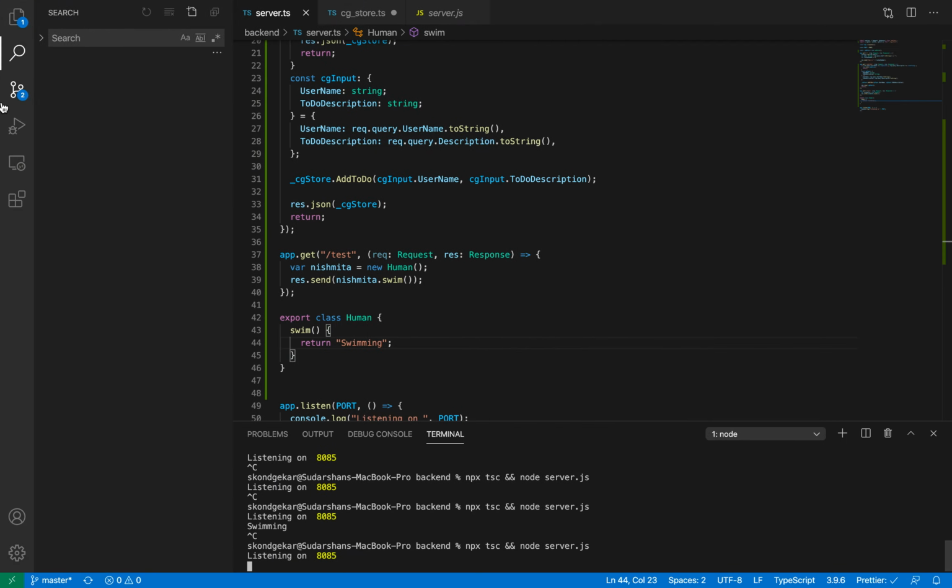And why? Because I've created the instance. I am calling the function inside that object. When a class instance is created, when I put new in front of a class, it is actually creating a copy of this human class. Human is a general word, like a template. I am creating Nishmita out of the human template. So a class is similar to a template. If we do not create an instance of that template, we cannot actually use that class. So I am creating this instance, that means an object out of this class. So my object will know